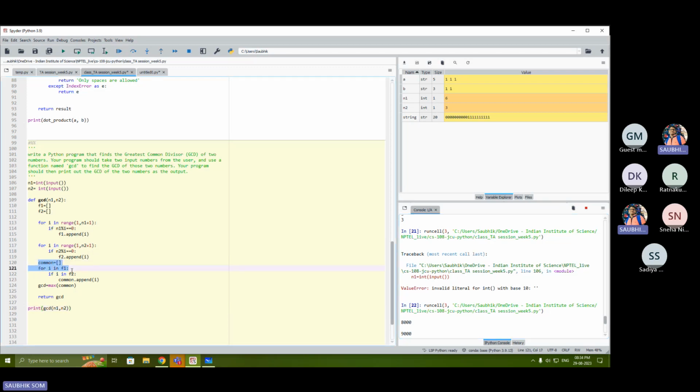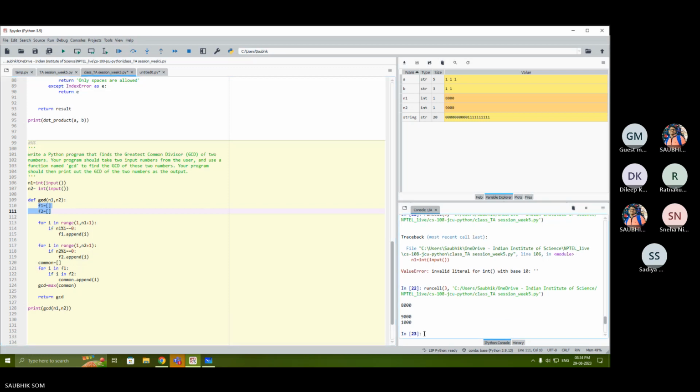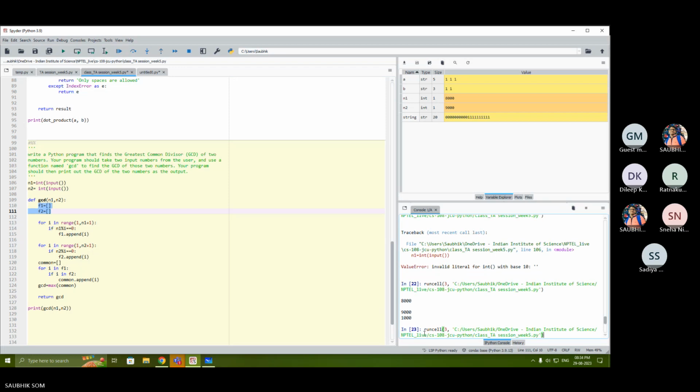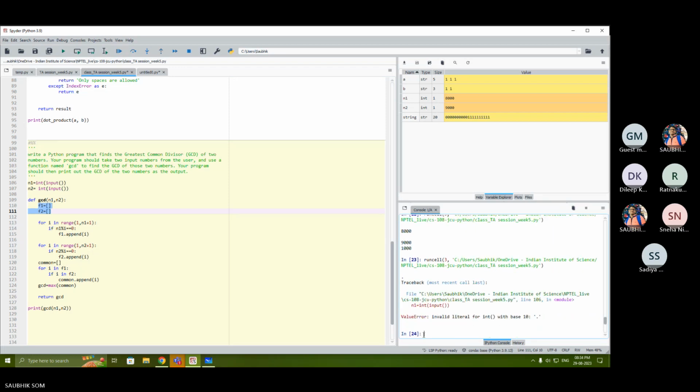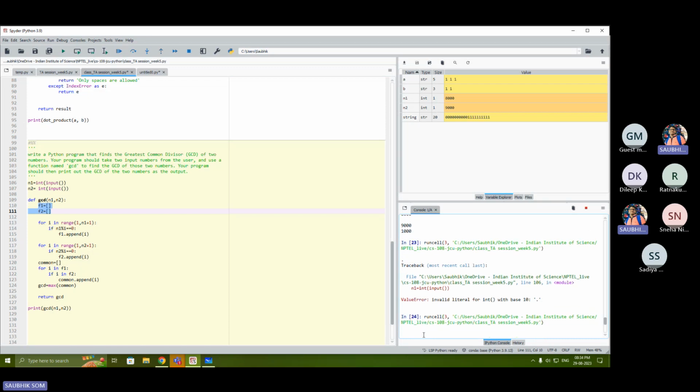Then again it will go through those two lists, then find the GCD. It's 1,000. Okay. Till now, this is okay. But if I go a little higher,